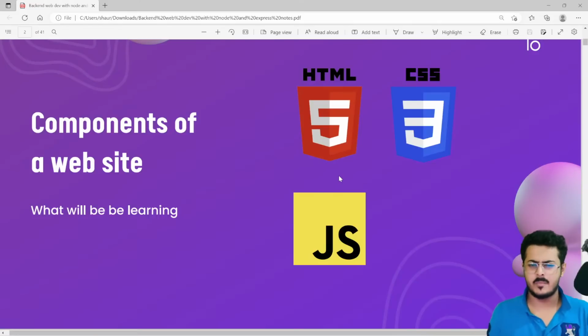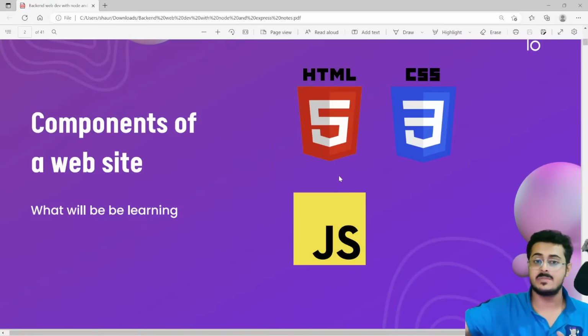We will be learning about all of these in the next few slides, so you don't have to worry about it. But these are basically code. HTML, CSS, and JavaScript are nothing else but files and files of code. Just by looking at HTML, CSS, and JavaScript files, you won't be able to understand how a website looks or what to do with that particular website. In the same way, that is where your browser comes into place. A browser is like an interpreter between the files, that is the HTML, CSS, and JavaScript files.